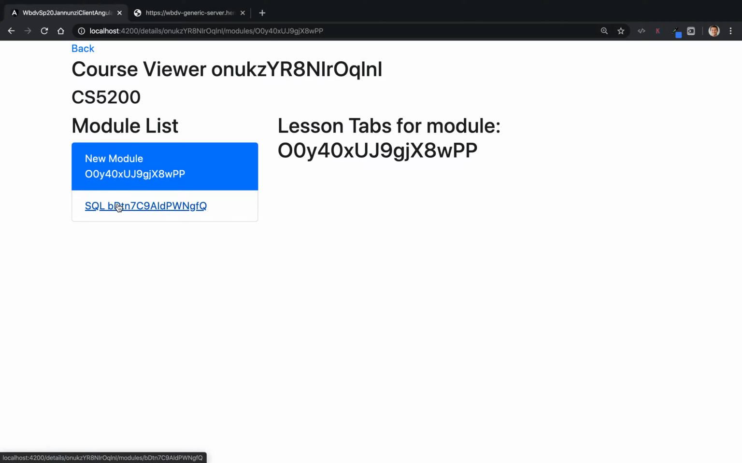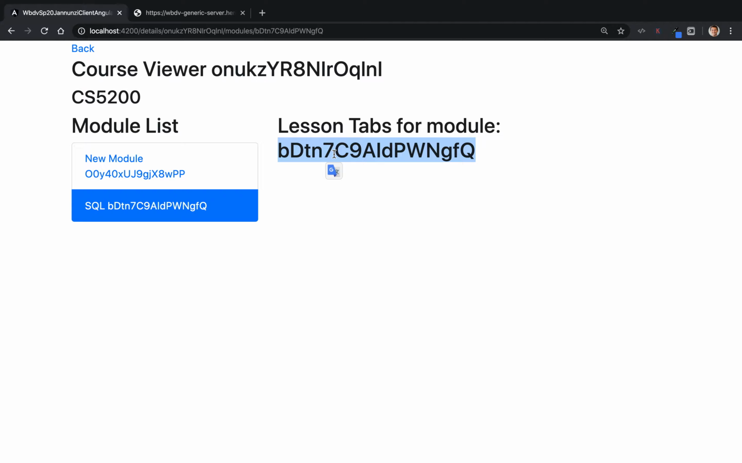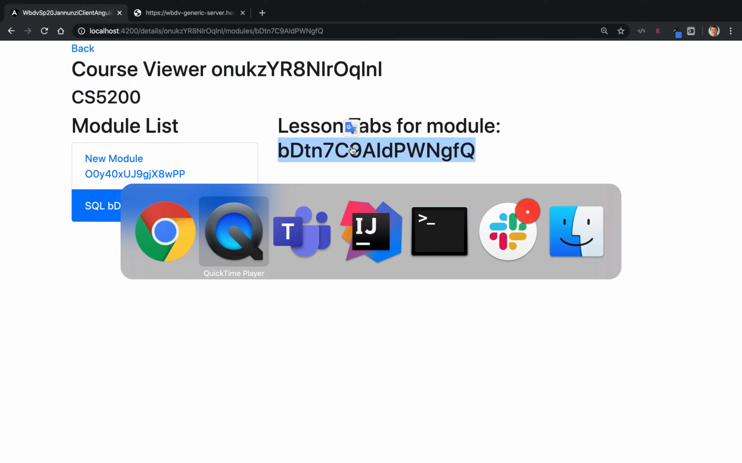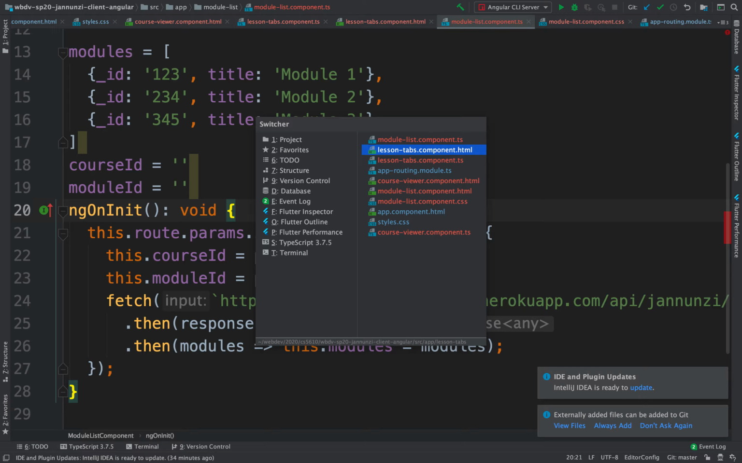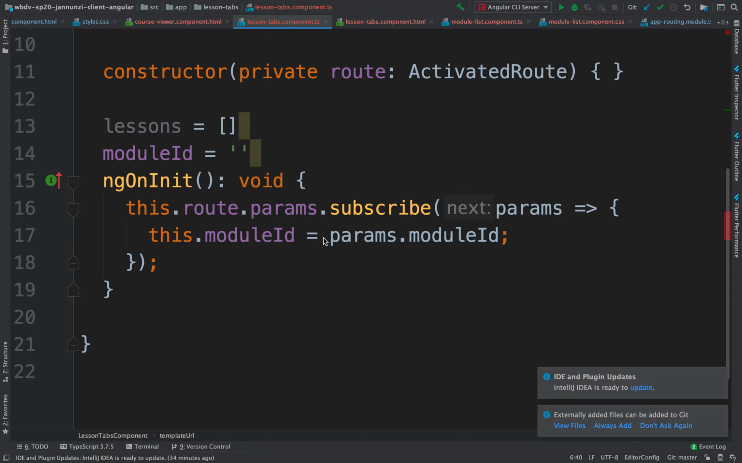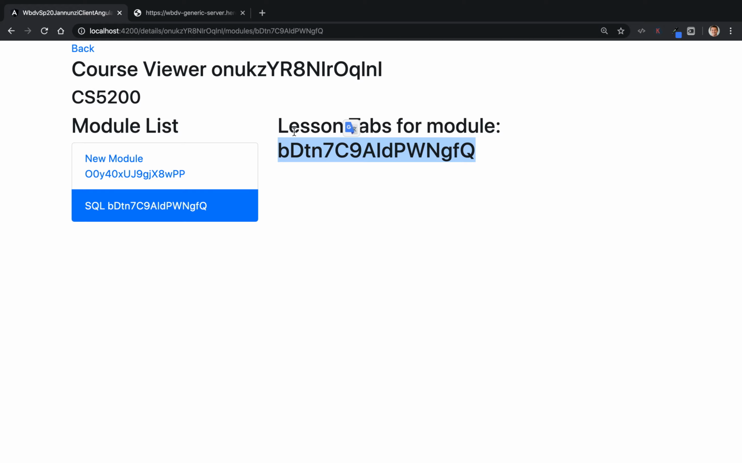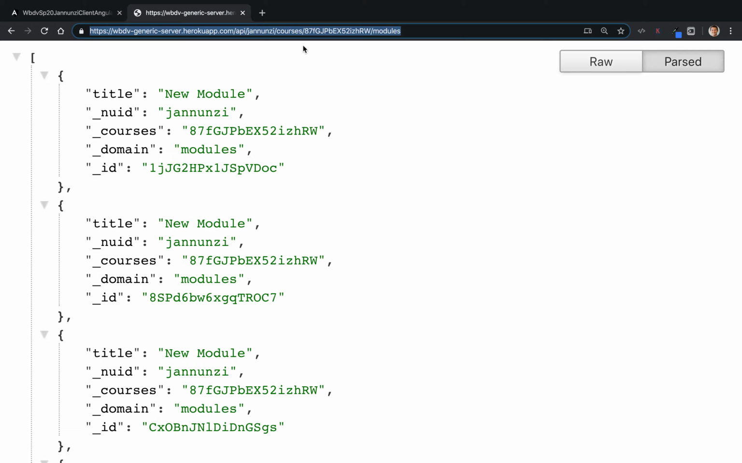Modules, right, that we are selecting, and we're passing the ID over to the lesson tabs. And in the lesson tabs, we're going to try and fetch the tabs for that particular module. So let's do that. In the lesson tabs, we have the module, and what we're going to do is fetch the lessons for that module. And the API for that, I believe it was that